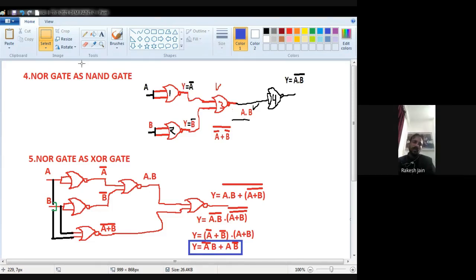And we know what is the output of a NOR gate? It is first input plus second input, then having a bar. So here the first input is A dot B and the second input is A plus B bar. So just add them and then having a bar. Now to simplify this, we use De Morgan theorem.